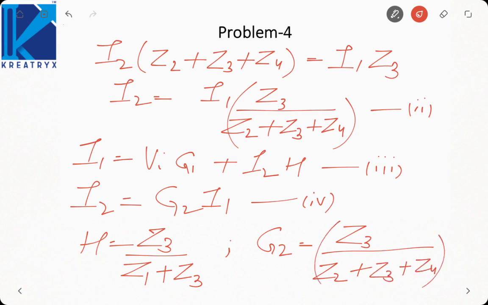Okay, that is why I was telling you, remembering that a node is equal to the sum of all the incoming signals is very important, because many times you may not need to apply the Mason's gain formula, but rather this basic concept to find out certain parameters. So do remember the basics of signal flow graph in addition to the Mason's gain formula.